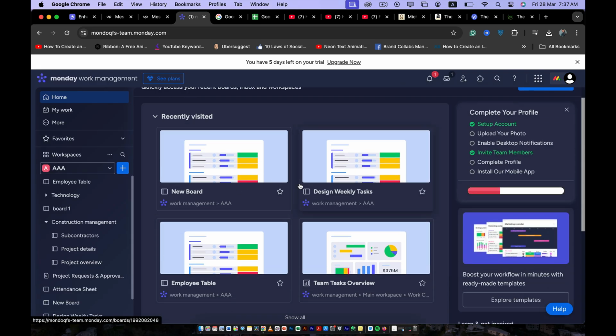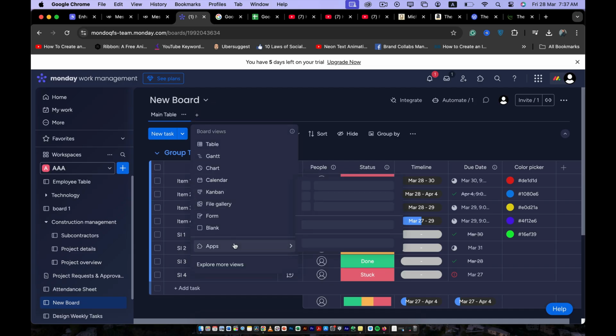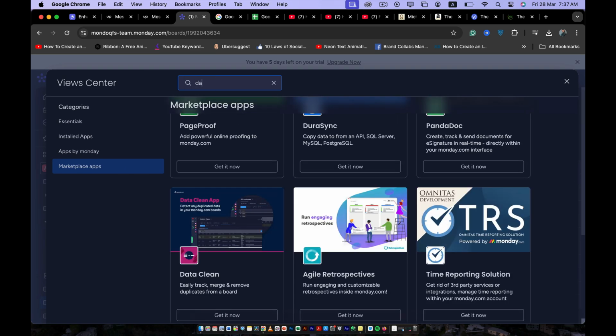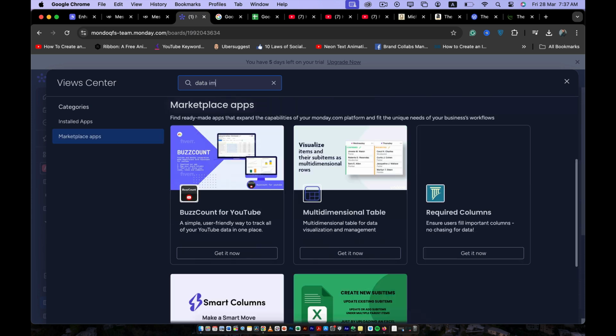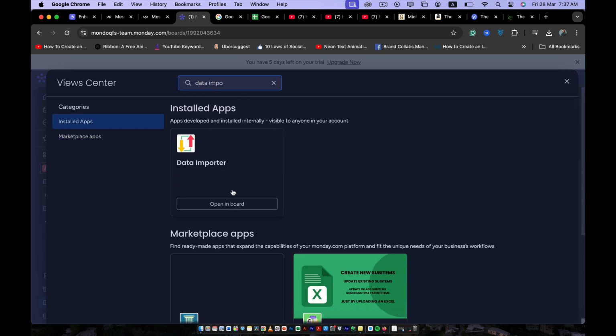Once you log in, you can see there are some boards that I'm working on, and here are other boards as well on the left hand side. So I'm going to open any board, and then I'm going to click on this plus icon, and then go to apps, and then explore more apps. Here you can write data importer. Here you go. You can click on this,